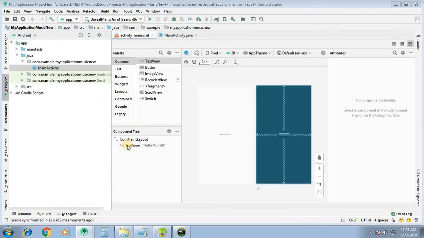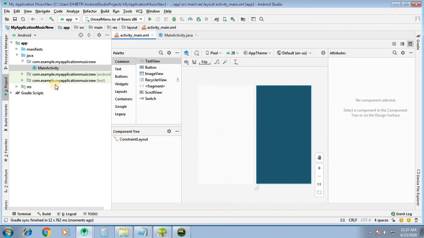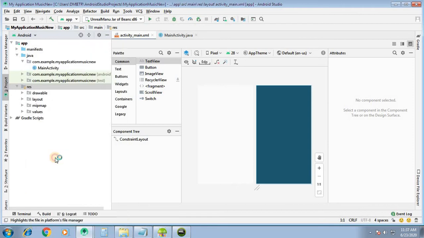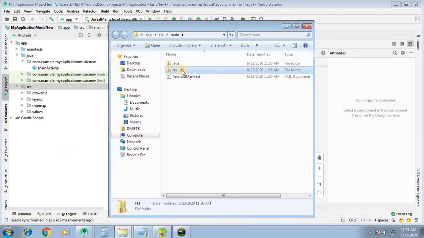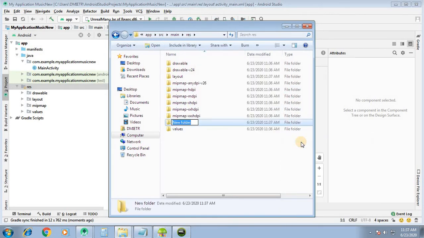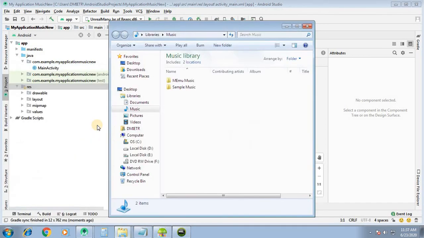We will delete this default text view from here. Now in the res folder we have to create a raw folder, so click on view in explorer. Here in res we will create a raw folder, and we will add the mp3 file which we want to play.